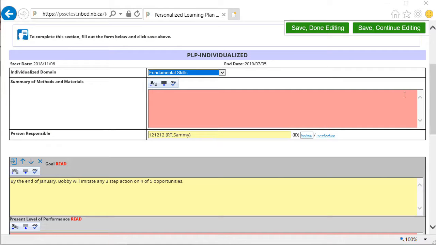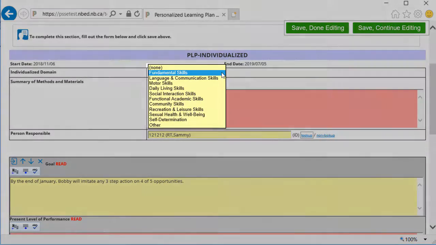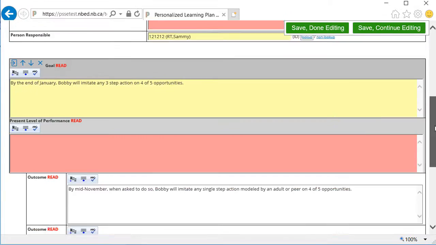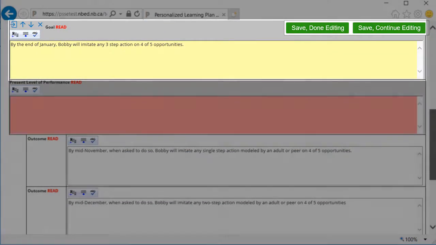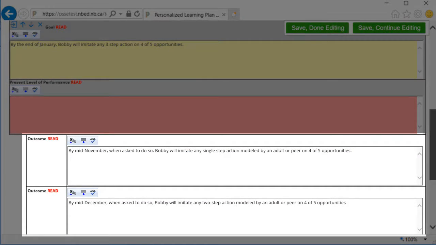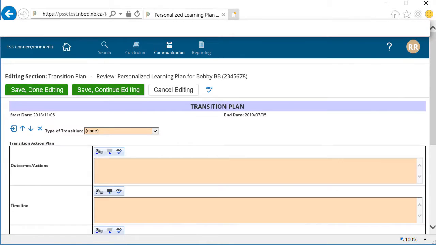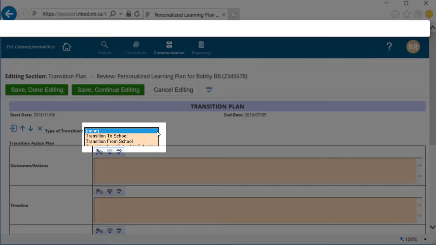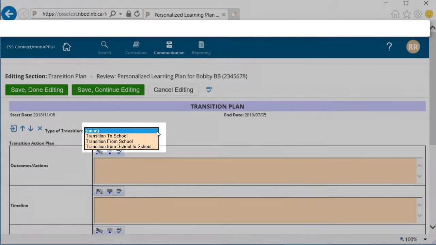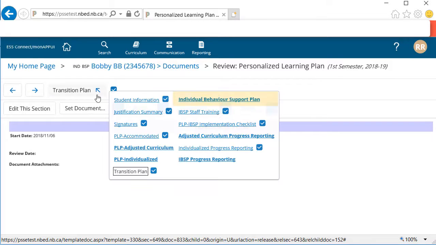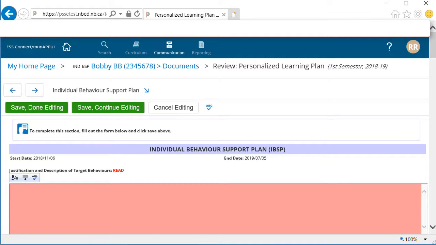Next, let's look at the PLP Individualized. An individualized plan includes up to 10 domains. Here's where the individualized goals and outcomes are documented. So let's move on to the transition plan. This is a plan that can be used as a student transitions to school, from school to school, or from school. The last section is PLP Individual Behavior Support Plan, which is used to develop goals, collect data, and progress